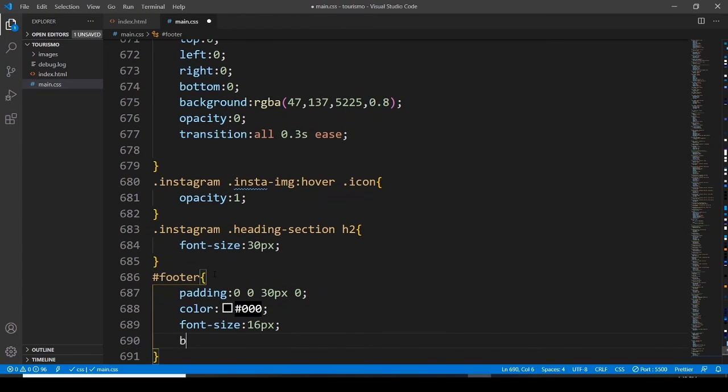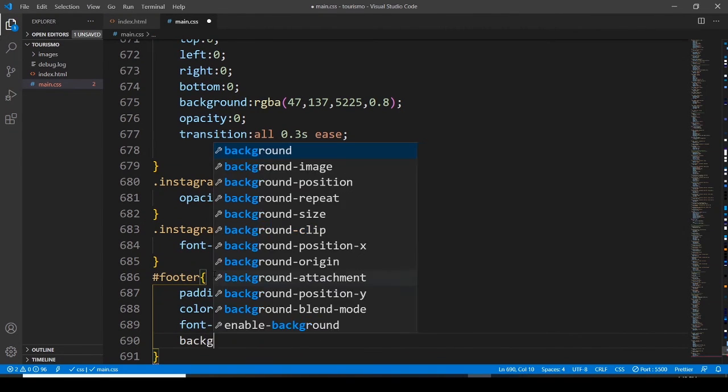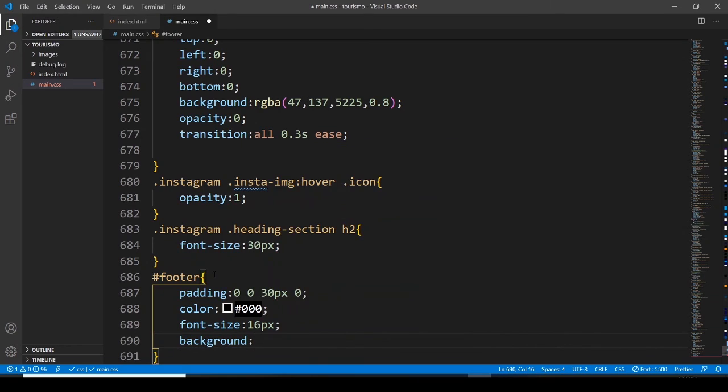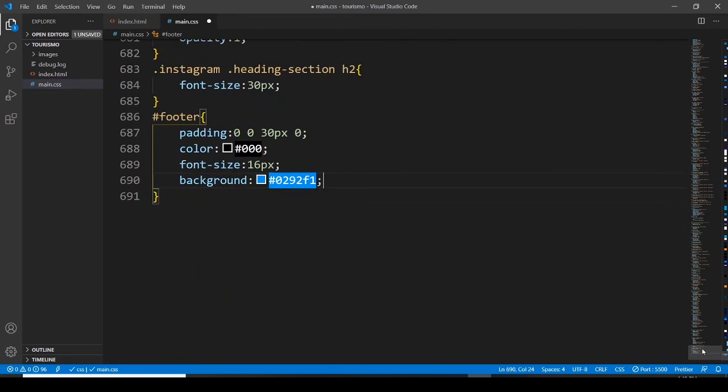Then I have to use a background, and the background for this is going to be 0 to 9 to F1, and then after let's use the footer newsletter. So let me bring it in here. Okay, and then we have to use the footer, and the footer class is footer newsletter,